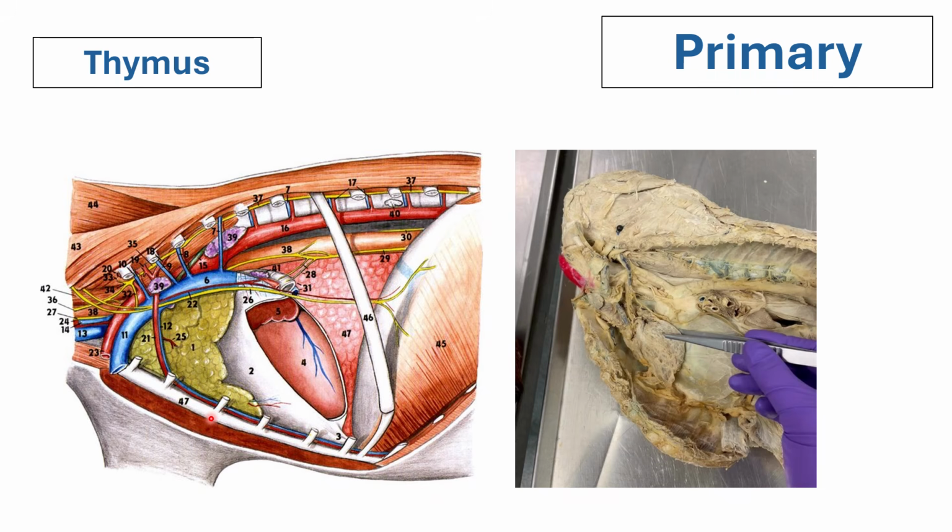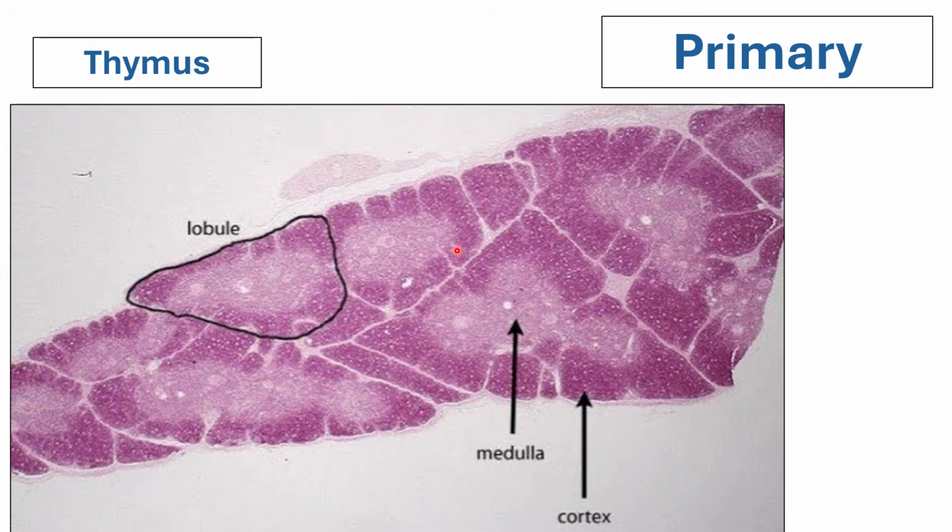So I hope during your dissection you are able to see the thymus here, again in younger animals where there is still a very active priming of your T cells. Again, what I said earlier, there is a training system wherein they are taught to detect what is part of the body and what is not part of the body. So, as with all other organs of the lymphoid system, the thymus would have the presence of lobules.